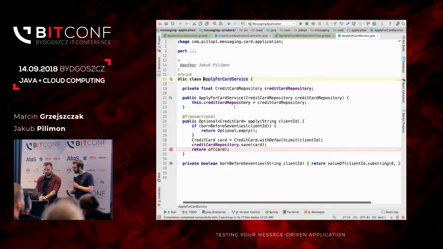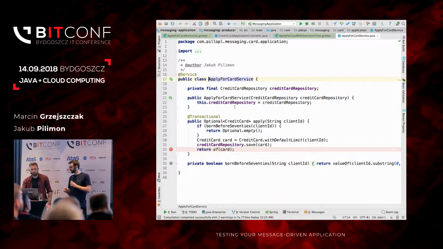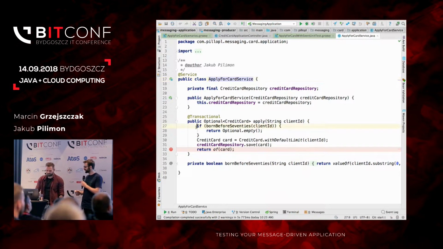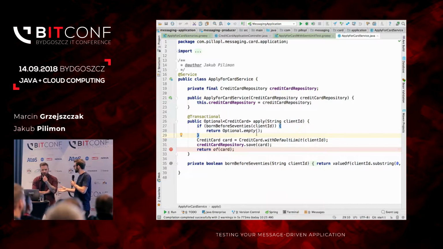By the way, is the font big enough for the guys in the backseat? Okay. Right, good. Since we believe that the code can be self-documenting, if you are born before the 70s, there's going to be an optional, so no card. If the situation is different, we grant a card and we store it in the database. That's this complex system, right? Yeah, it was an MVP, something that we did in our free time, and then it was a prototype that has gone to production. That's what always happens, right?